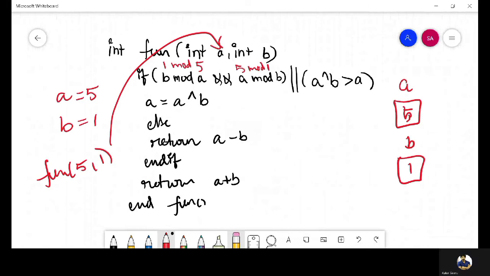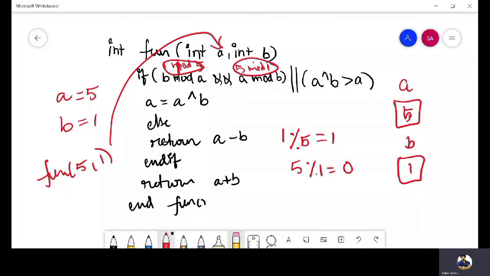When I modulus divide a number which is smaller than the denominator value, 5 doesn't divide 1, so the remainder is 1 itself. So here the result is 1. And if I divide 5 with 1, it divides 5 times and the remainder is 0. So this has become 0 now. So 1 logical and 0 is 0, so the whole value will become 0. That is nothing but false.